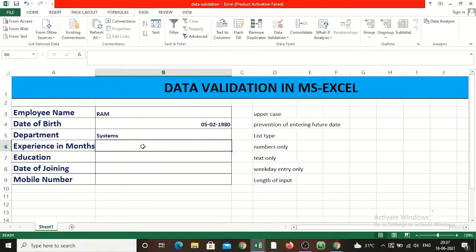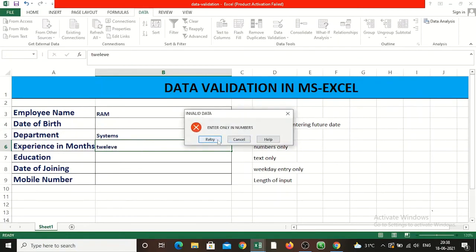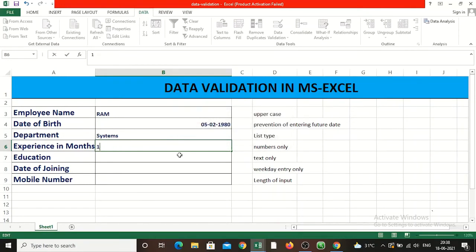Click OK. Now I am typing the experience in months. Let us say I have 12 months of experience, for example, and I am typing it as text, TWELVE, then it shows: enter only numbers.